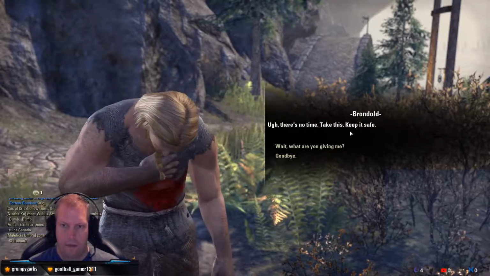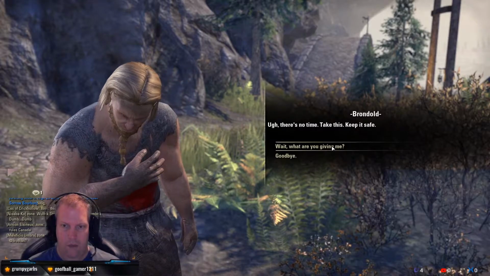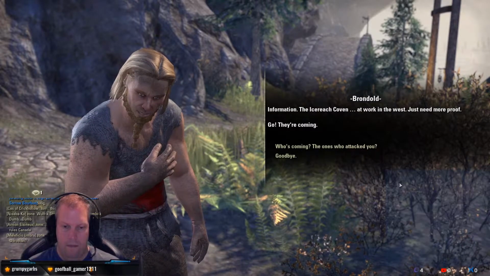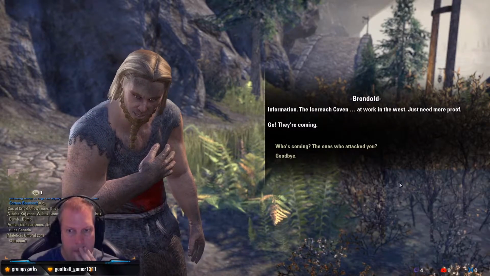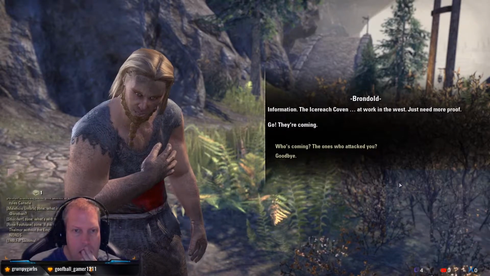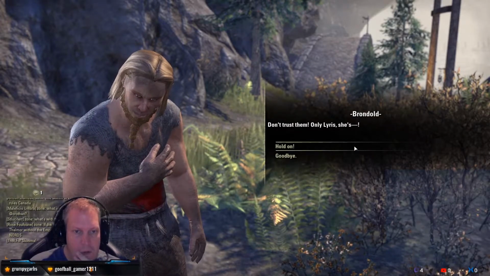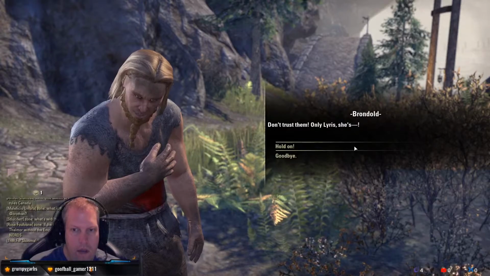There's no time. Take this. Keep it safe. Wait, what are you giving me? Information. The Ice Reach Coven. At work in the west. Just need more proof. Go! They're coming! Who's coming? The ones who attacked you? Don't trust them. Only Lyris. She's...